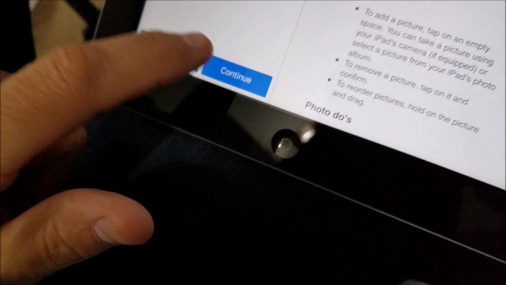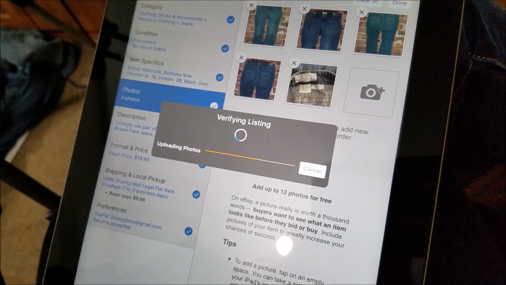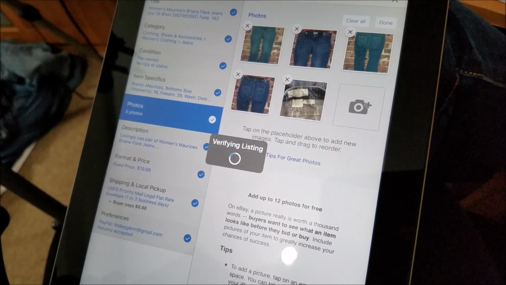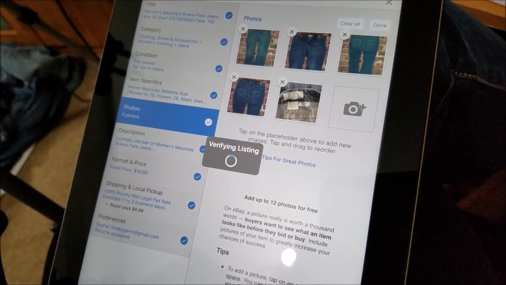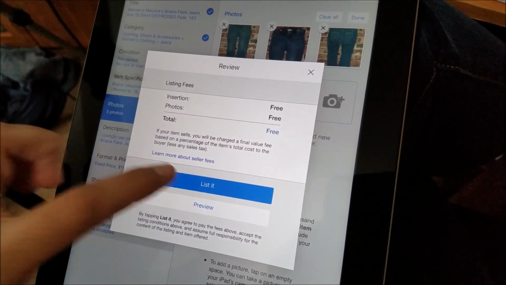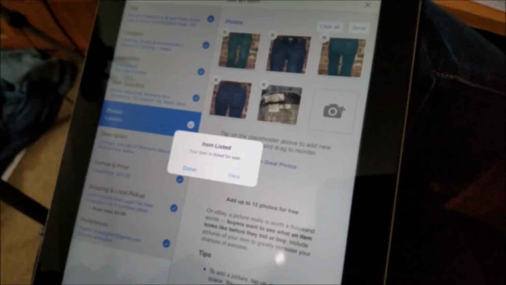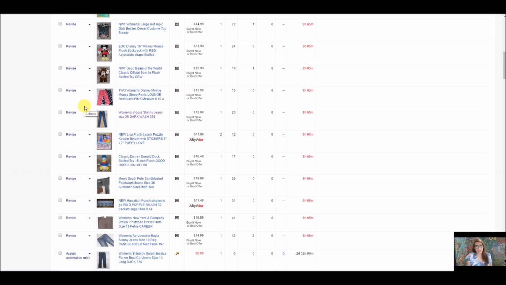Looky there. Continue, verifying listing. Still going. Hey, look. Listing. And we're done. Okay, and last but not least, I'm going to show you how to create a listing based